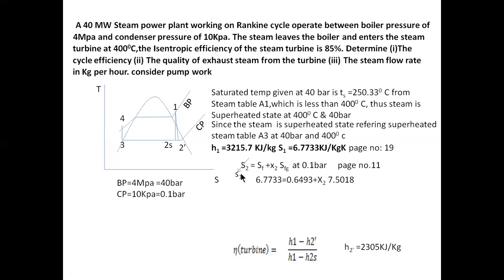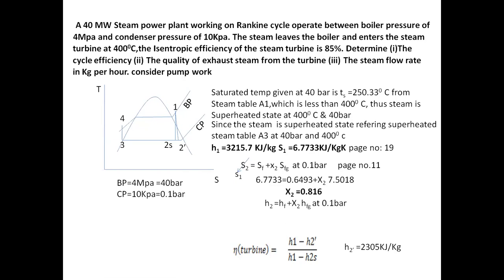Okay, S1 will be equal to S2 and this is the value of S1 we are having. Sf is 0.6493. Okay, from this you can calculate the quality x2. See here, I'm going to calculate the quality at this point x2. I'm not talking about this point. Okay, I have calculated the dryness fraction at this point. Okay, once you calculate x2, if I want to find the enthalpy, we are going to use the formula hf plus x2 into hfg. See, till now the procedure is the same as we did in the simple Rankine cycle.